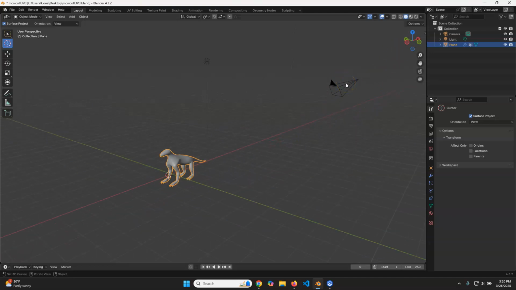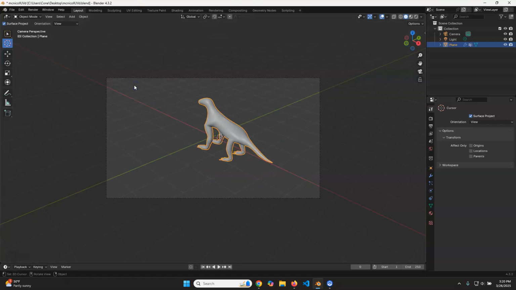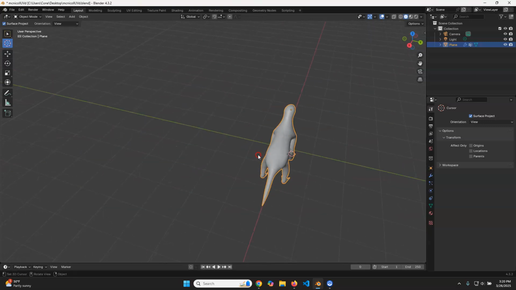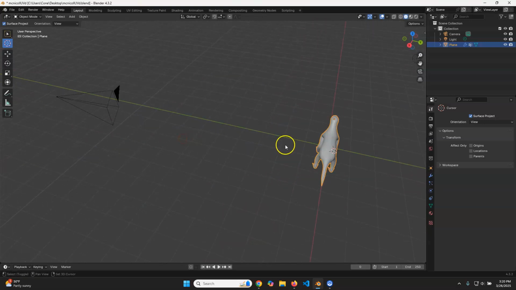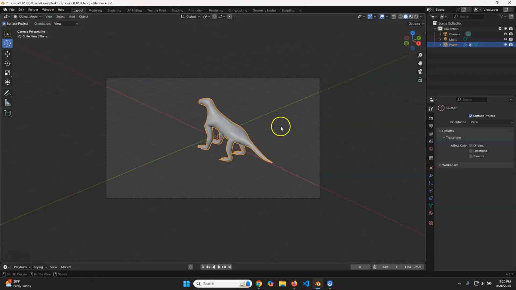So the way to do it in Blender is actually very odd compared to other programs. So you're going to go to view, you're going to go to cameras, you're going to go active camera. That part's not odd. That's pretty average. But what's weird is as soon as you go over it, you just kick right back out of the camera, which is odd. So anyway, view, camera, active camera, and then what you want to do is you can hit N or you